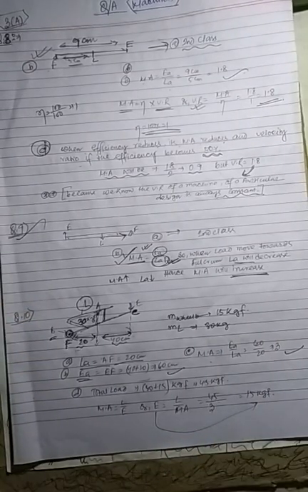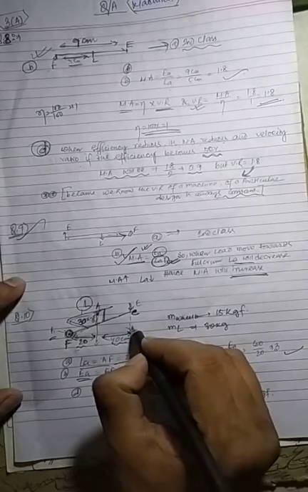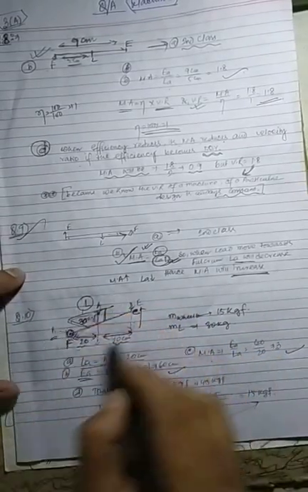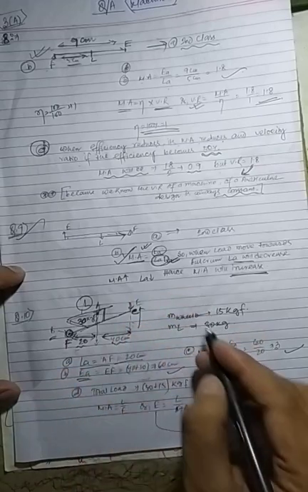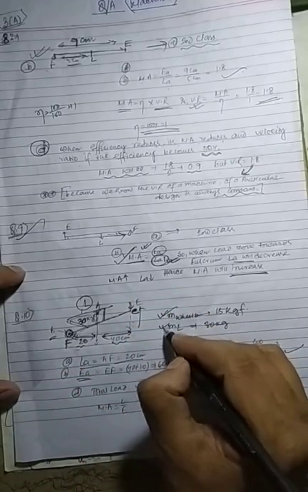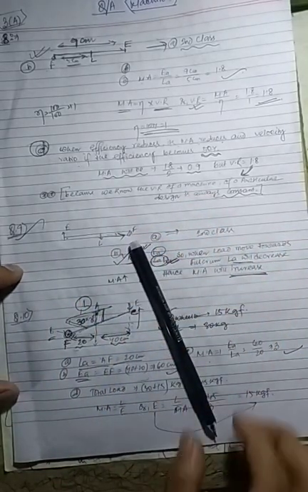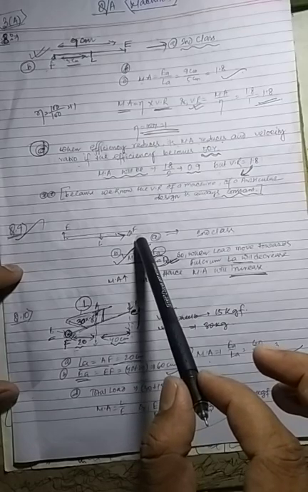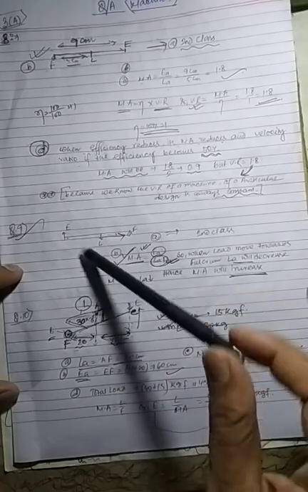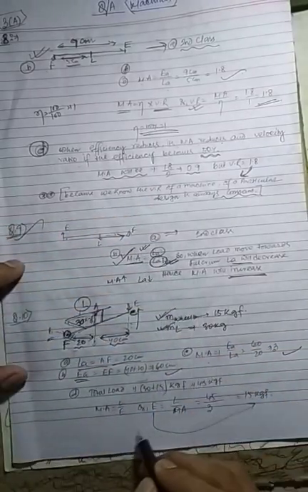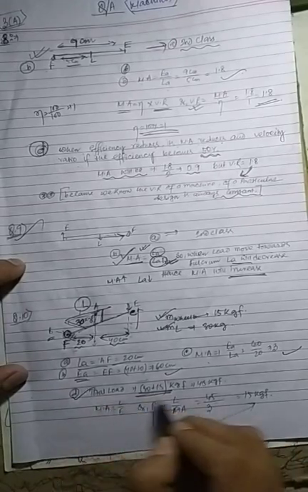Now question D is: the minimum effort required to keep the leg just off the ground. So minimum effort needed to just hold it a little bit upward. So the whole mass of the wheelbarrow, what will we do? We will add the mass of the wheelbarrow with the mass of the load together. In this position of the wheelbarrow, we need to lift the leg off. So this mass also we need to carry with the load in the middle. So we need to add the mass 30 plus 15. So total load is 45.